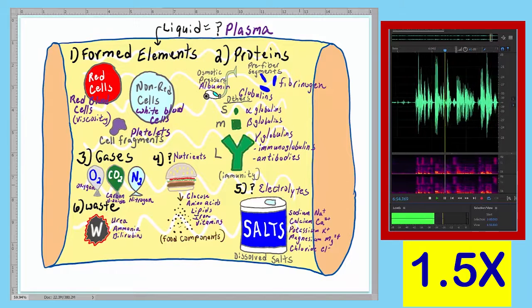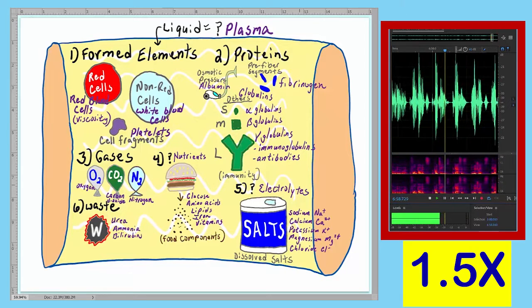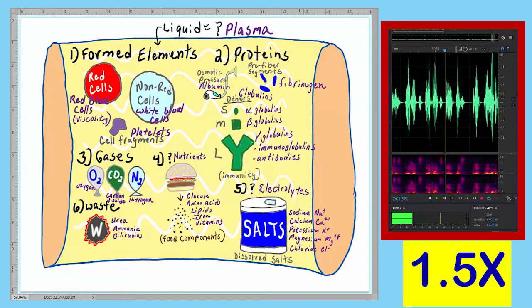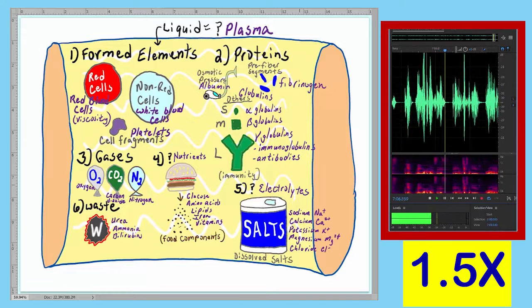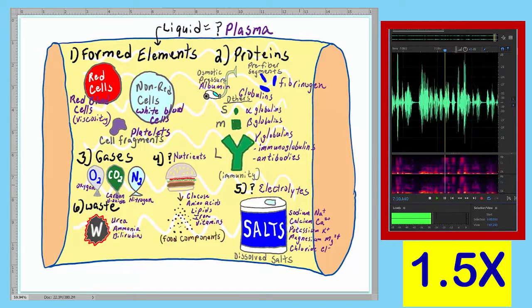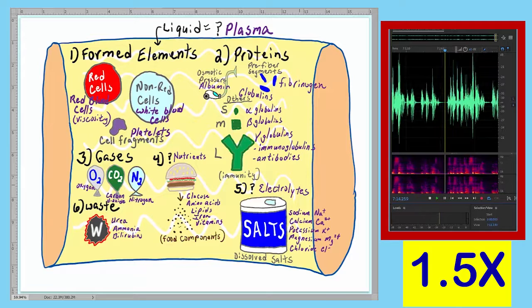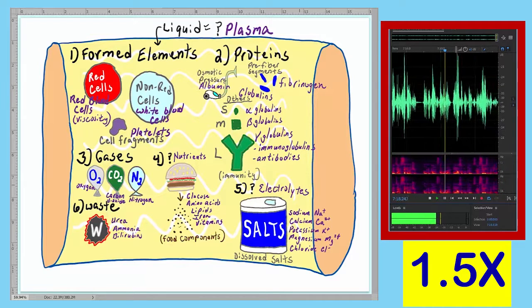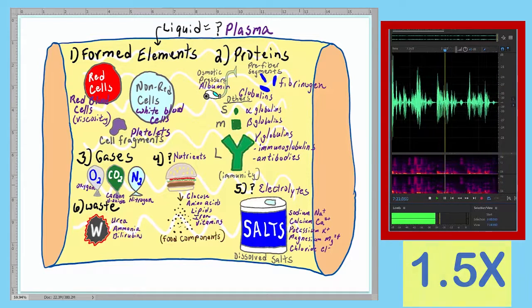And so this completes all the components found within the blood: the formed elements, the proteins, the gases, the nutrients, the electrolytes, and waste. Again, there may be more components in this, depending on the textbook you use, but we'll only identify these 6 or 7 if you include plasma. And so this concludes our second lecture on the components of the blood, and it also concludes our series of lectures on the blood components. I hope that you